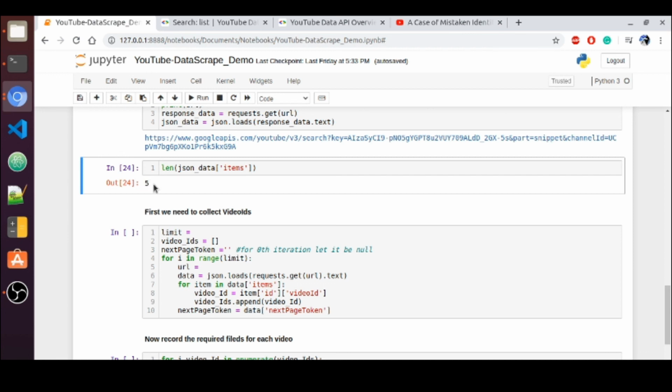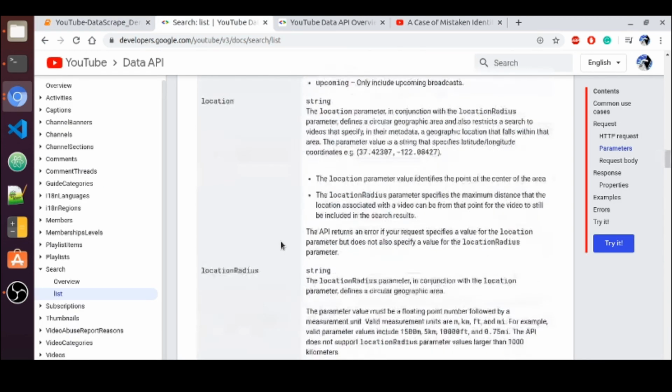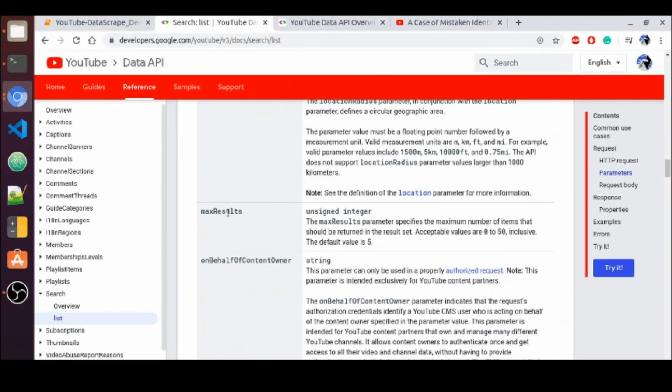Why only 5? Here you can see there is a parameter called max results, and its default value is 5. You can change the value between 0 and 50, but since we have not passed anything to max results, it is showing only 5 videos.